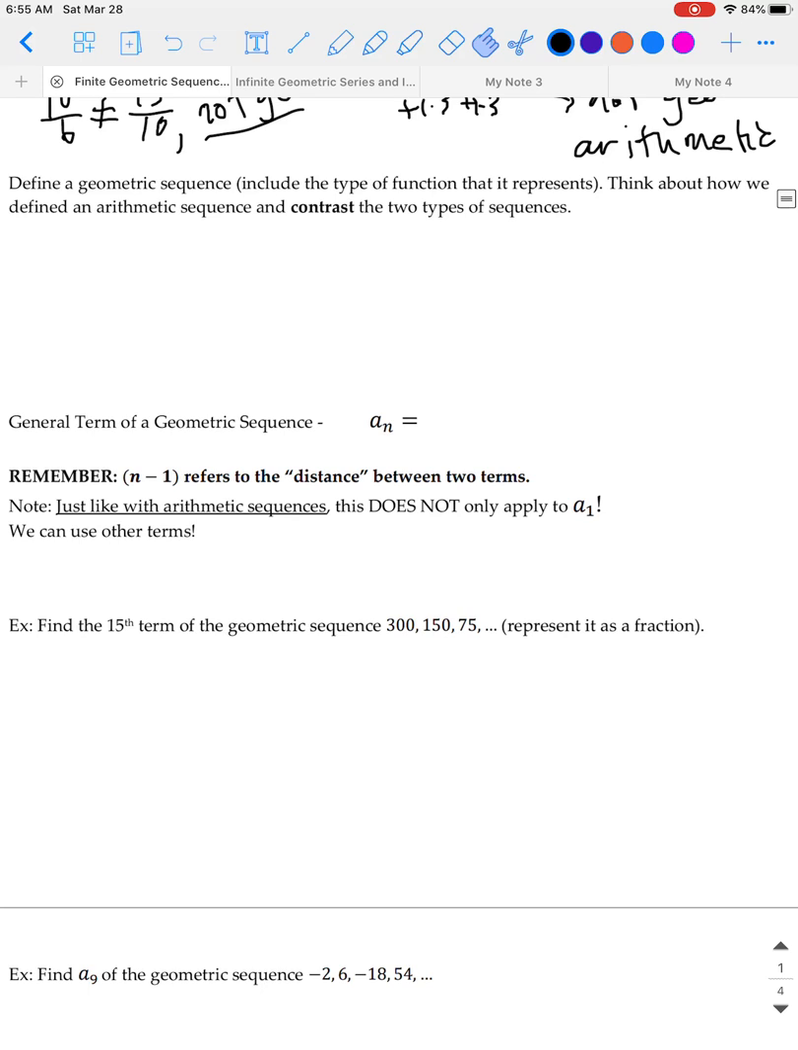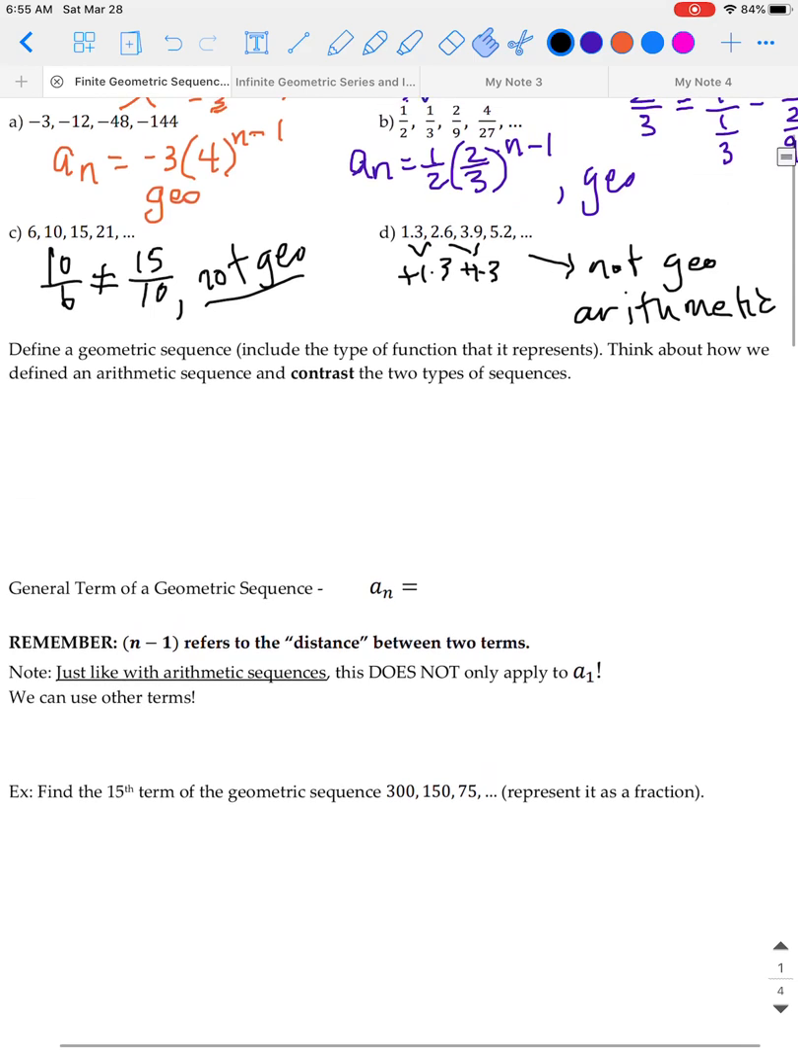So in the middle section of the notes there, it wants you to define the geometric sequence and think about how you contrast the two types. I'll let you put that in your own words so that it makes a little bit more sense for you and allows you to clarify in your own words what the differences are between them. So if we go down then,